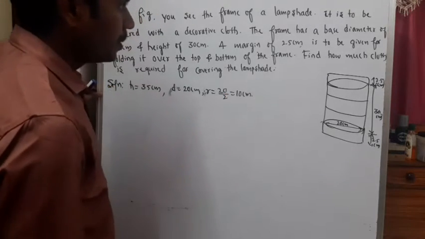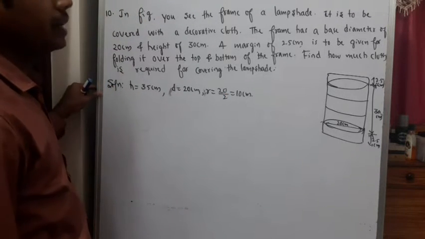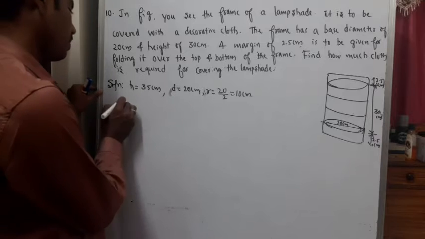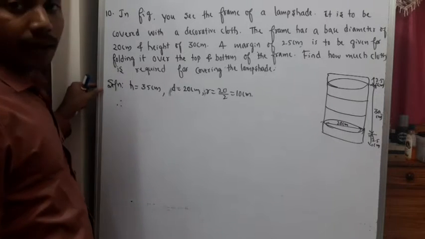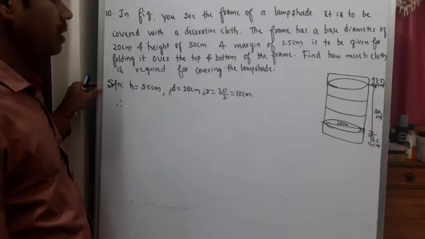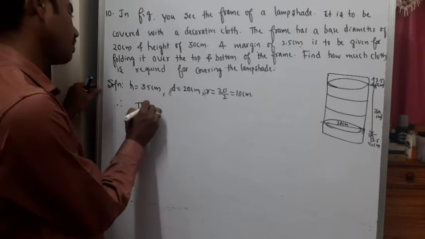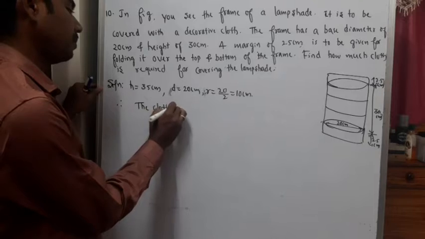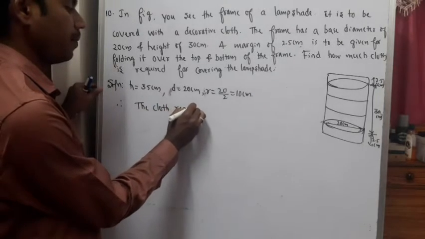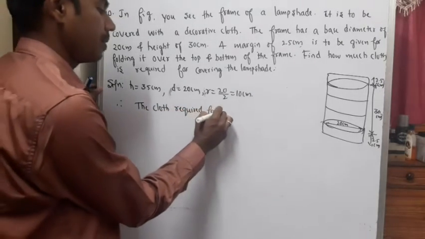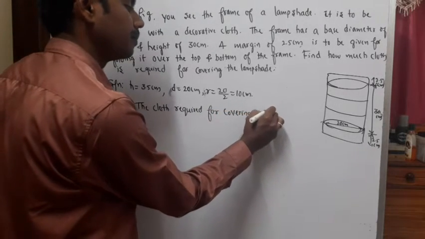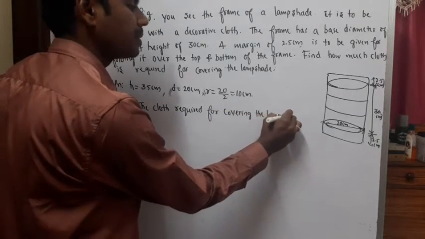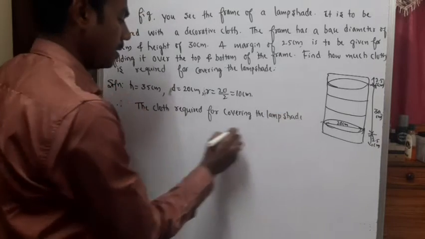Therefore, the cloth required for covering the lampshade is equal to